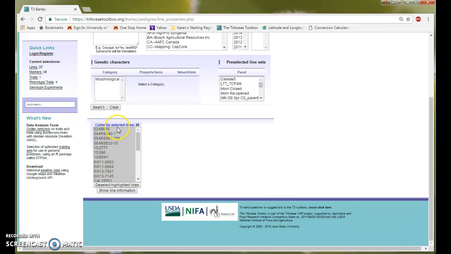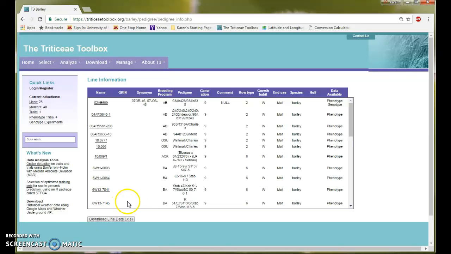And here we have our 28 currently selected lines. Right now we can't see a lot of what's going on with the lines, but we can click Show Line Information. What that will do is give us the name of all the lines. Some of them have a synonym from when the barley CAP